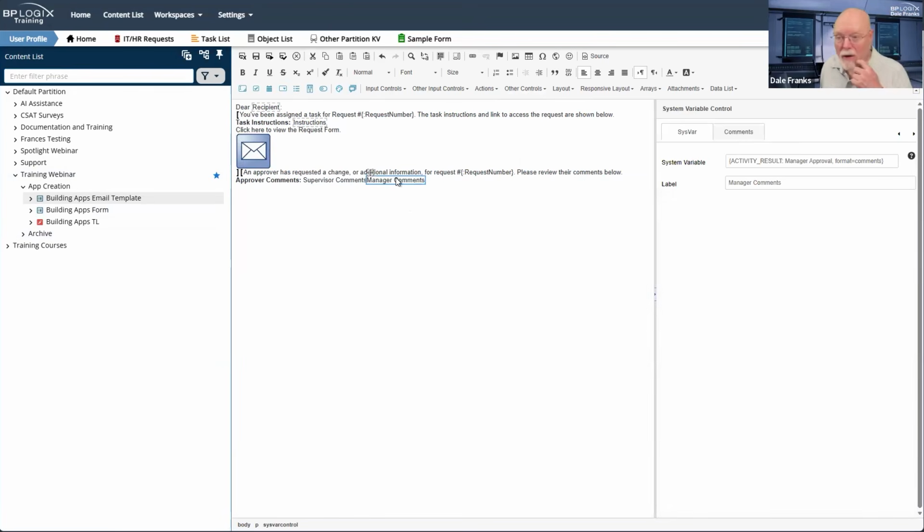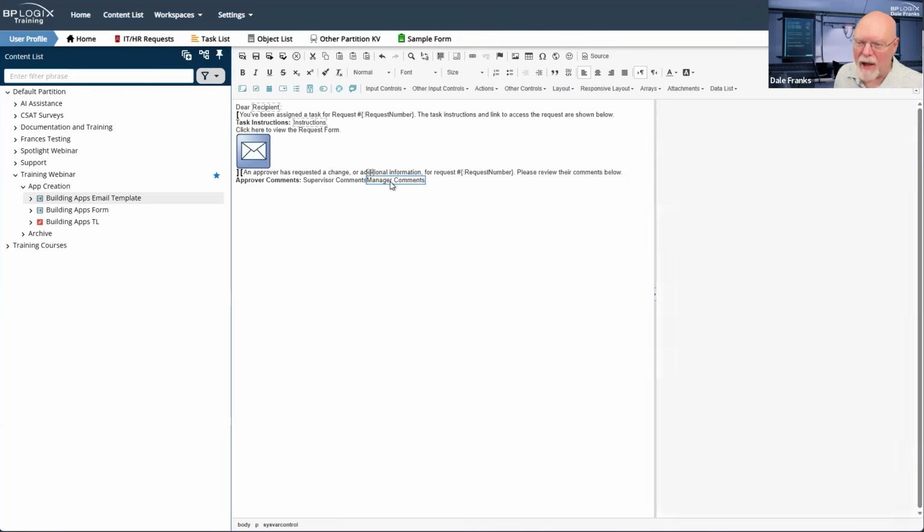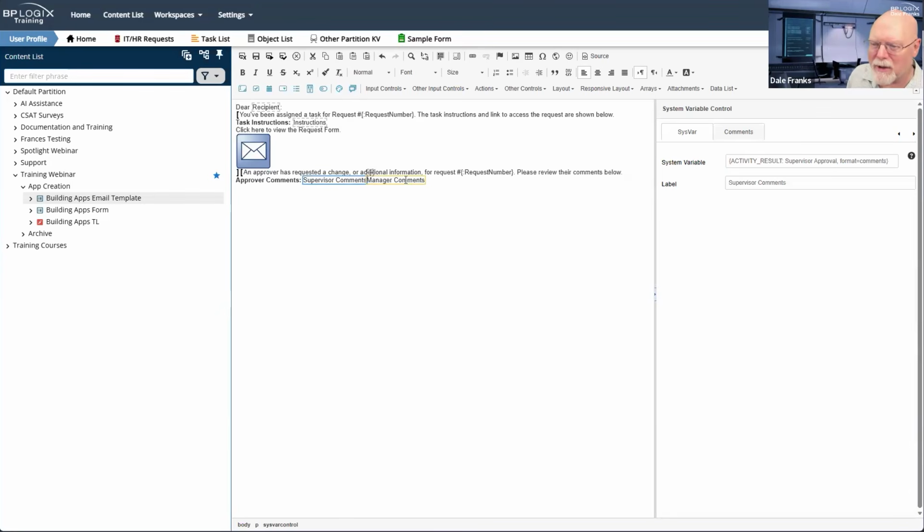What I'm going to do is show or hide these controls based on a condition. I haven't figured out my condition in my head yet, but we'll build something that works, I'm sure. So I want my approver comments. It's either going to be my supervisor comments or my manager comments. And I have used the activity result system variable.